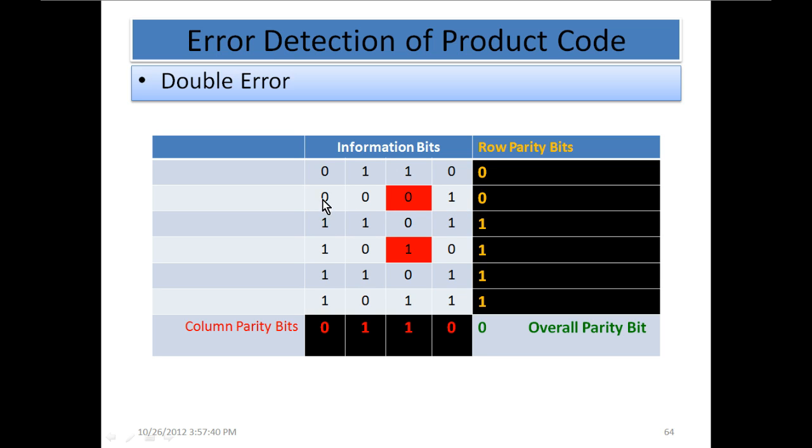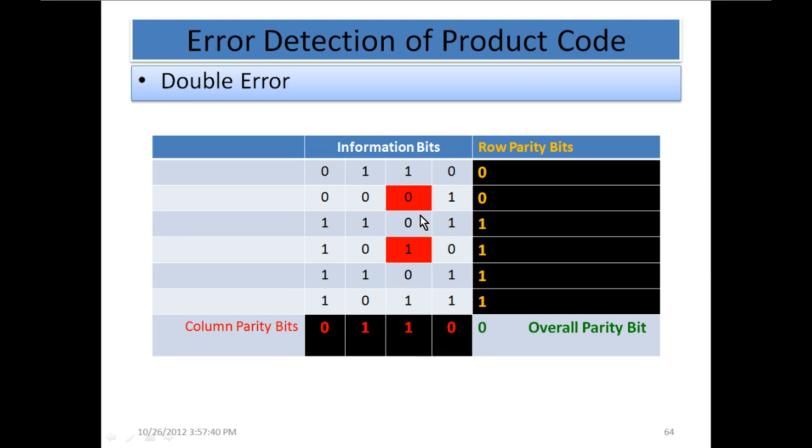So it marks this code word as an error code, this code word is okay, and this code word is also marked as an error code. But the decoder doesn't know in which bit the error has occurred. It only knows that there is an error in this code word and in this code word as well. When it goes through the remaining code words, it finds no error. Now this is interesting, because we have seen before that if the number of errors is even, the error is not detected in even parity.